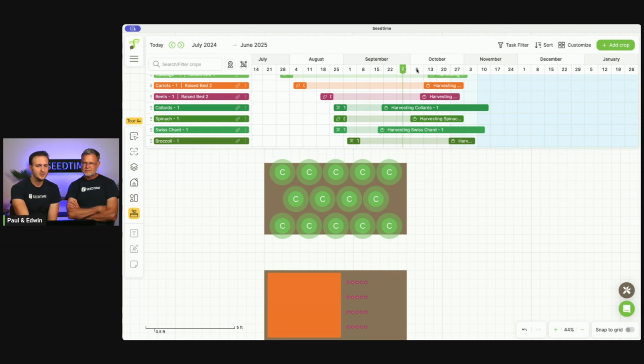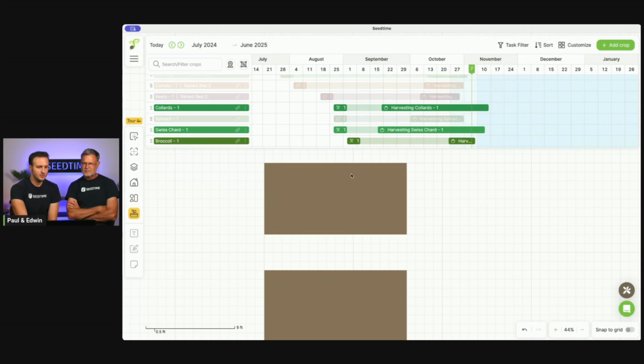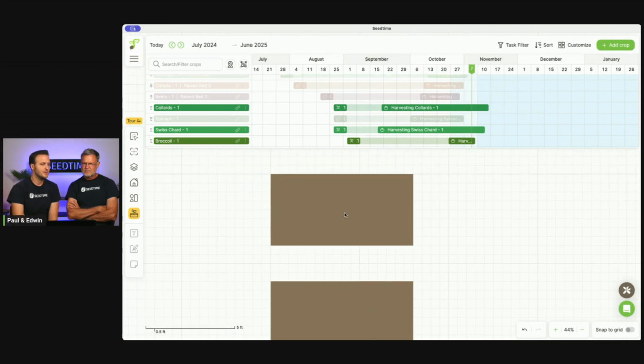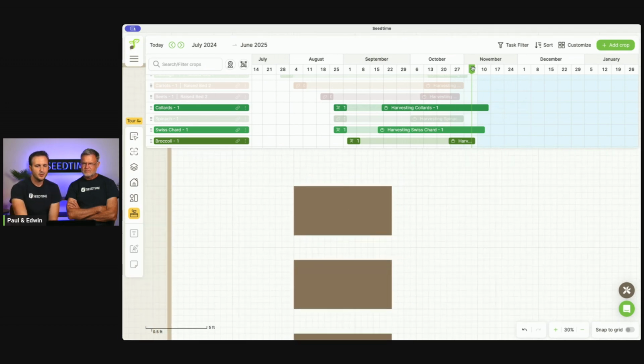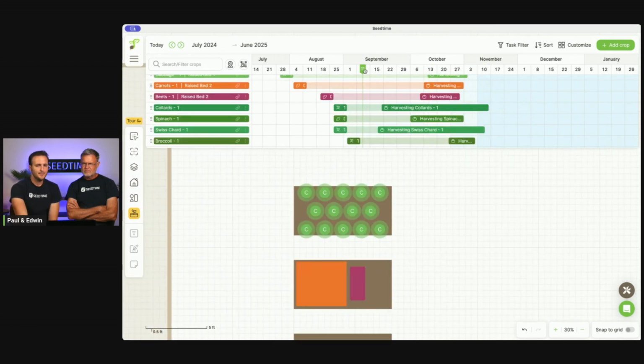Because what happens is as you go with the slider across, once you jump off the other end of it, watch the carrots, they just disappeared, right? Because your expected harvest window is ending, your space is being freed up. Now something else could be growing in that spot. And you can walk through your whole season that way. So once again, tomorrow, we're going to be going into a deeper dive on that with succession spacing particularly. So keep an eye out for that. It's going to be a lot of